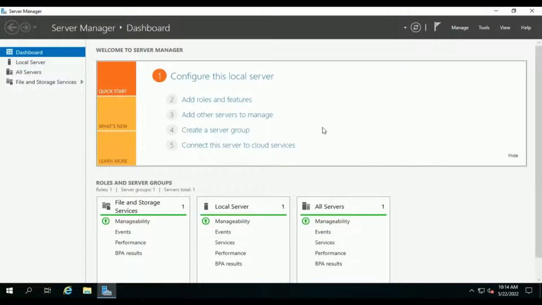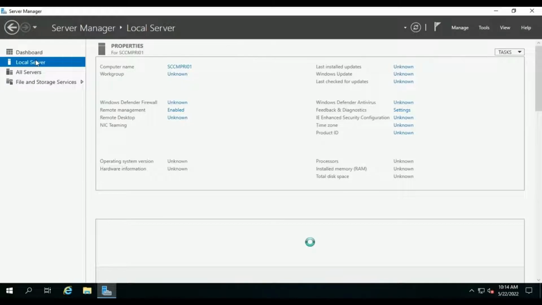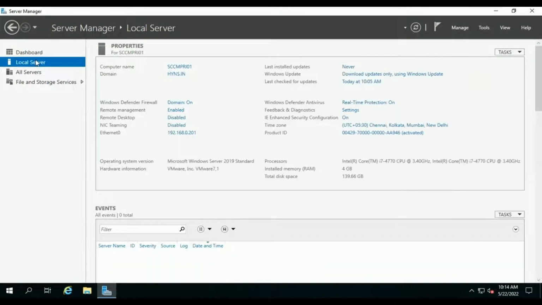In our last video, we installed and configured SQL Server, updated our SQL instance, then installed and configured our report server step by step. Based on this flow, in this video, I will show you how to install and configure the Windows Server Update Services role on our primary site server. Also, we can install the WSUS role on a remote server if you want. But in our lab setup, we will keep this a simple setup with all the required site server roles.